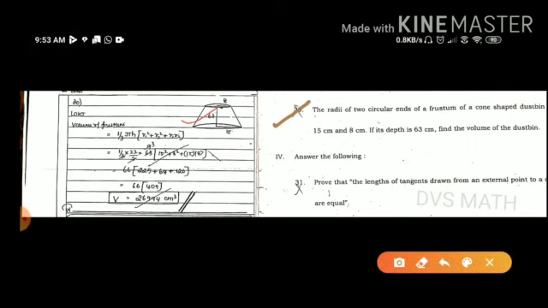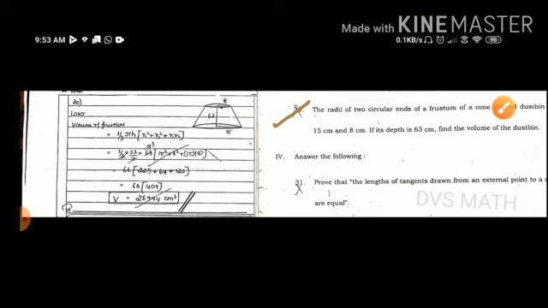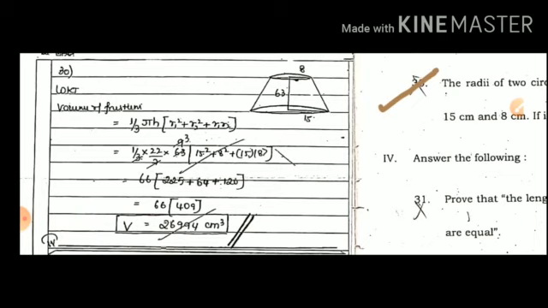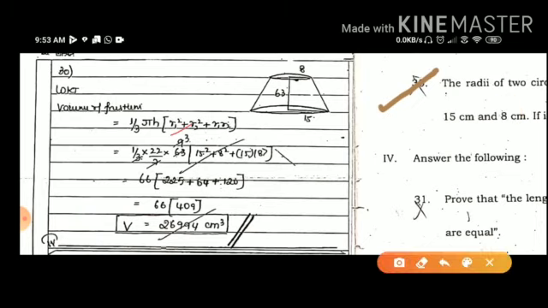So dustbin is a frustum, which means for volume you have to first draw the frustum figure. So now write the frustum figure. We know that the volume of a frustum, here the basic formula. So write the formula, then substitution, simplification, and finally you will get the answer 26,994, and here the volume you have to represent in cubic centimeter. So here it is centimeter, so write in cubic centimeter. In the final answer, the unit is also very important.